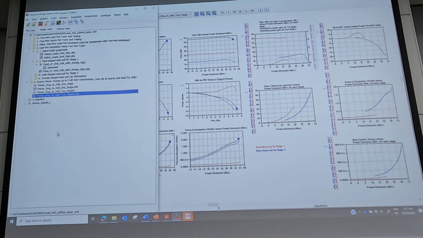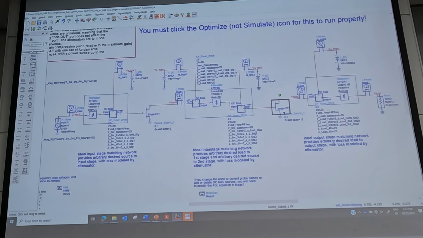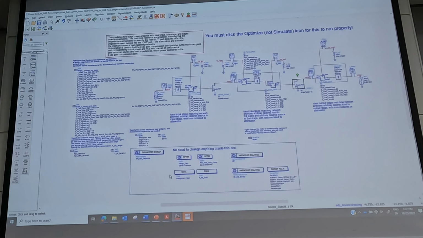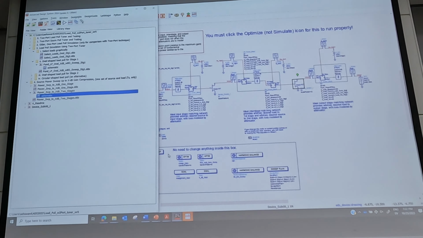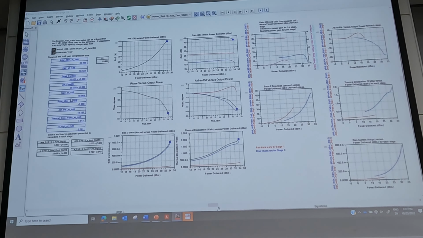I'm taking the two-stage design where I've specified, say, an optimal load for each stage and an optimal source impedance for each stage, and then I can run a simulation in which I sweep up to the X dB gain compression point, and you can look at data like the